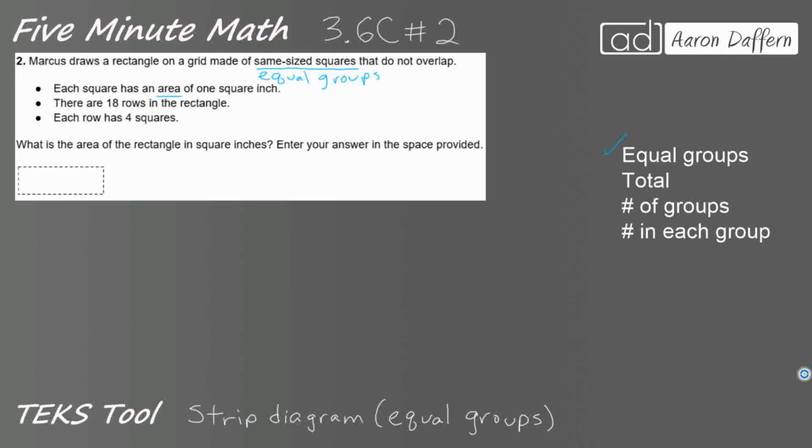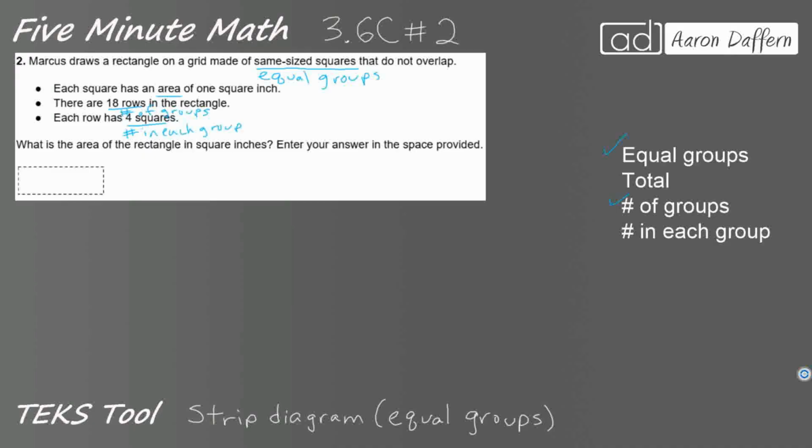And we have 18 rows. So each of these rows, these are going to be the number of groups. So we're going to have an 18 row array, and that's going to be our number of groups. And then each row has 4 squares. Those are columns. And this is going to be the number in each group,